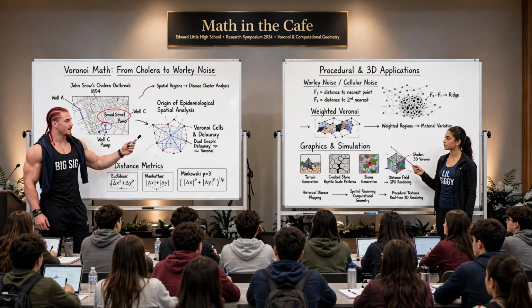Then you sort that list of distances from smallest to largest. The first item in that list is your F1 value. The second item is F2. Then we evaluate app.mode. Right. If the mode is 1, we map the F1 distance to a grayscale color value. A shorter distance yields a darker color. And if the mode is 3, we calculate F2 minus F1, mapping the result to our grayscale to reveal the